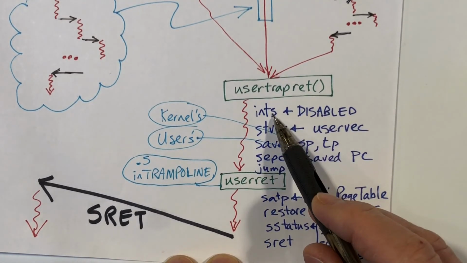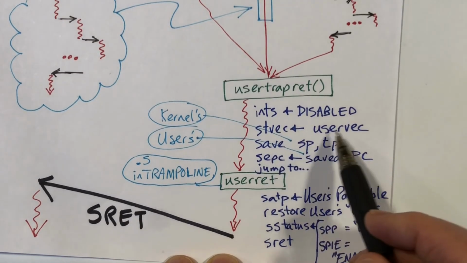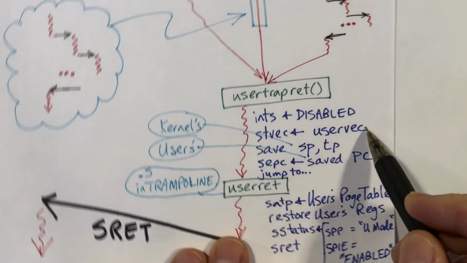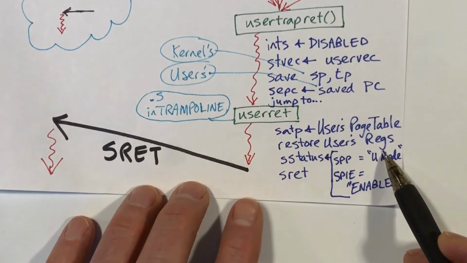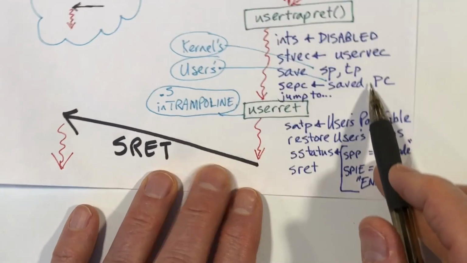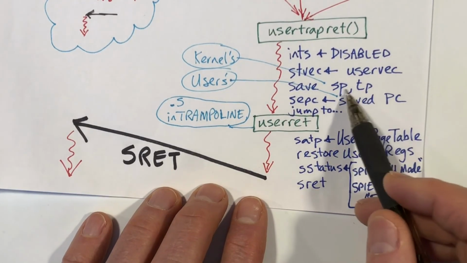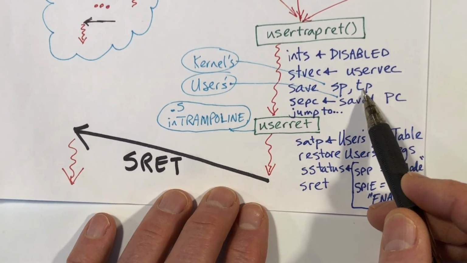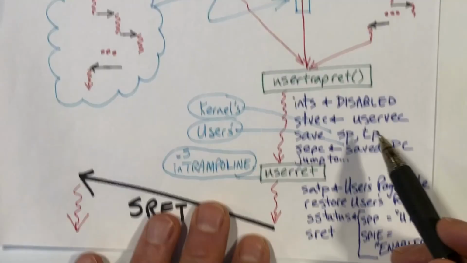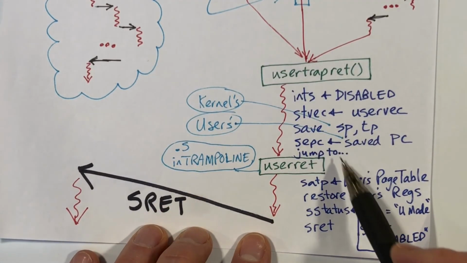We've disabled interrupts. We've restored STVEC to point to the uservec code, namely this code up here. We've set up SP and TP so that they will be usable when we have the next trap. And we loaded the SEPC register, and then we